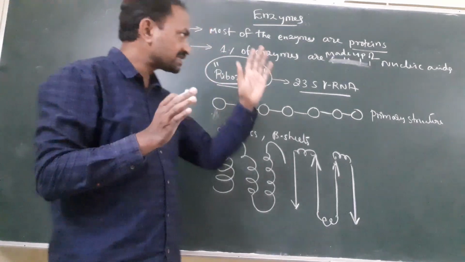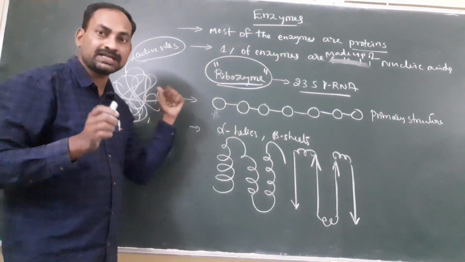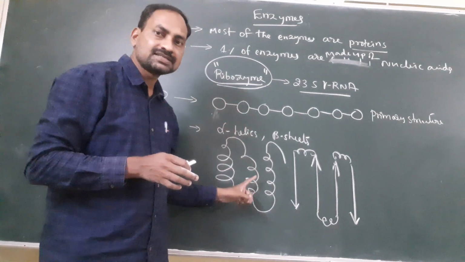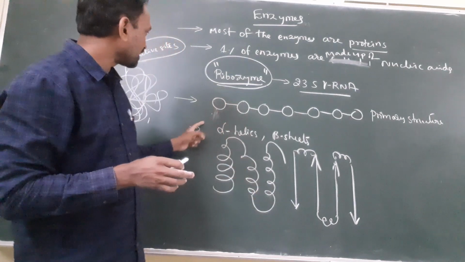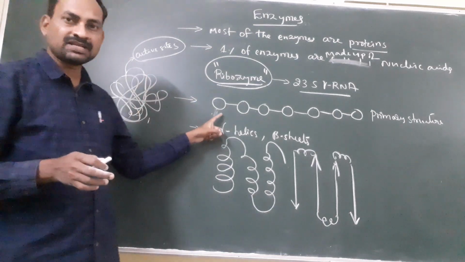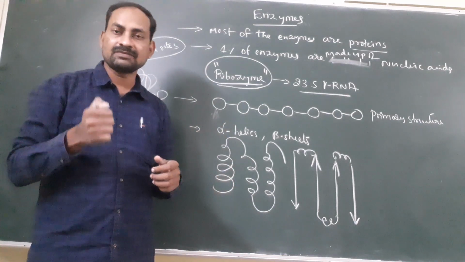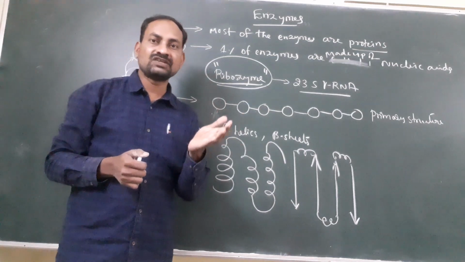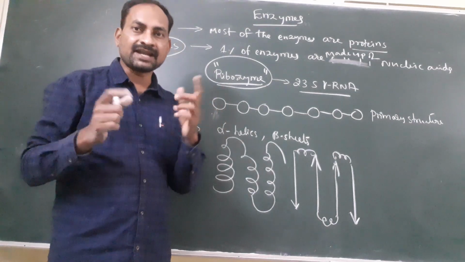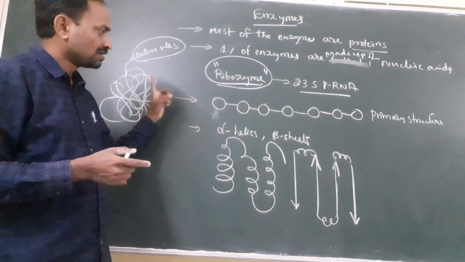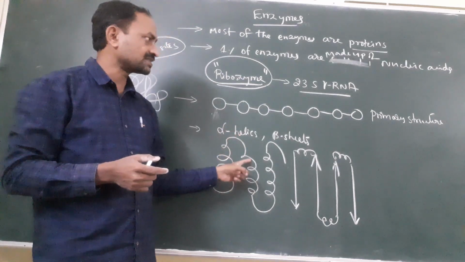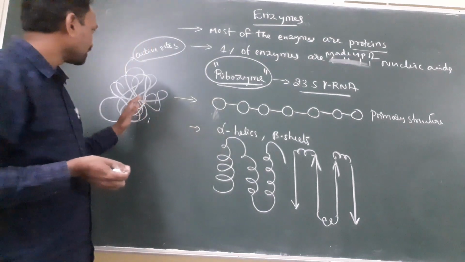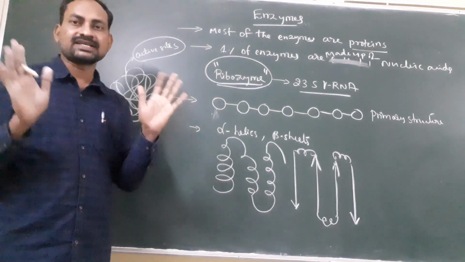That's why an enzyme, when it is present in the tertiary structure, is active, but it is inactive in either primary structure or secondary structure. So we can convert this tertiary structure into primary structure or secondary structure by heating the enzyme. If you expose any enzyme to 40 or 50 degrees centigrade, then automatically that tertiary structure converts into secondary structure or primary structure. That means it loses its biological activity. So in tertiary structure only, the enzyme is active.